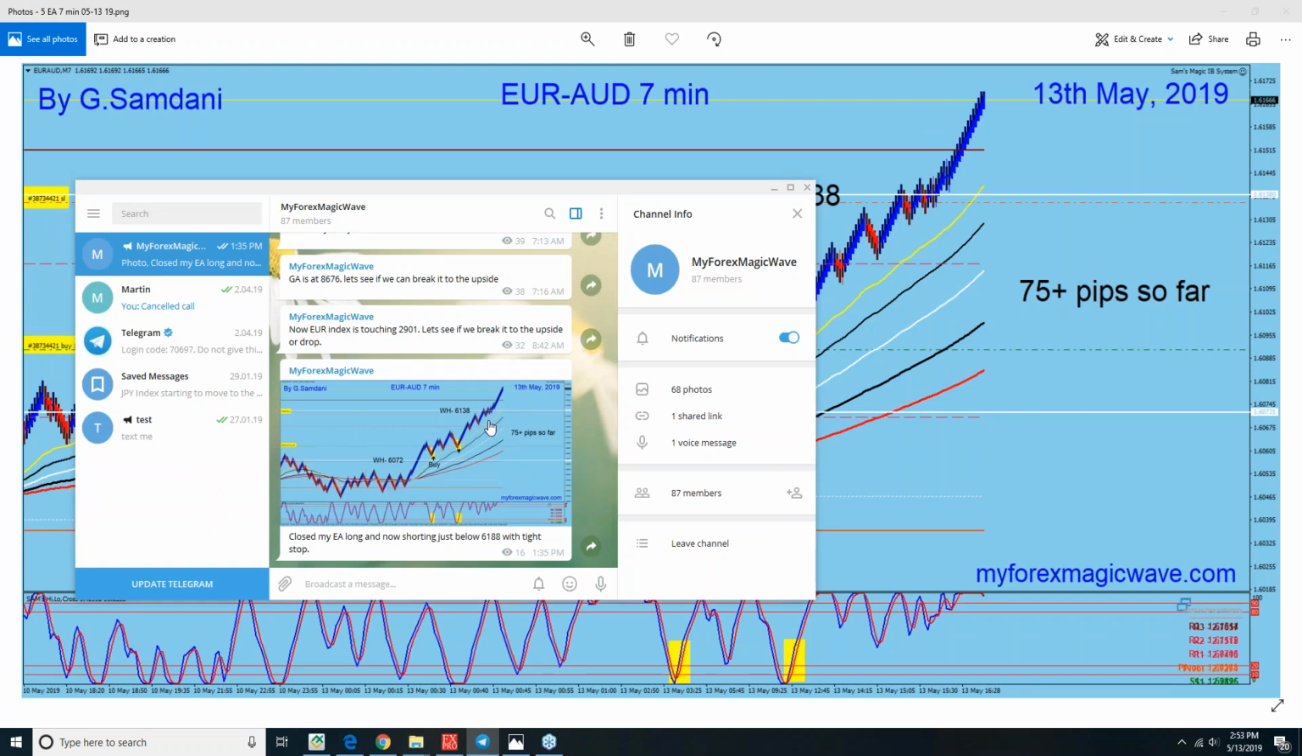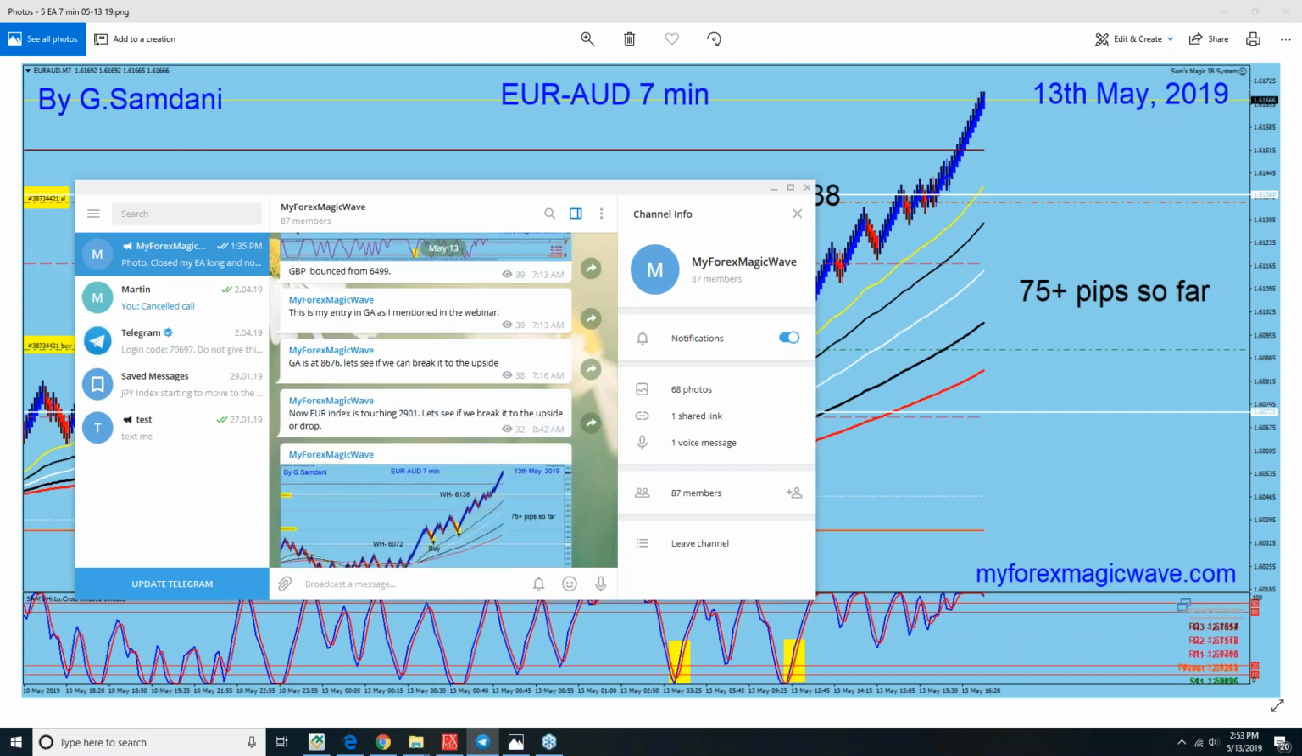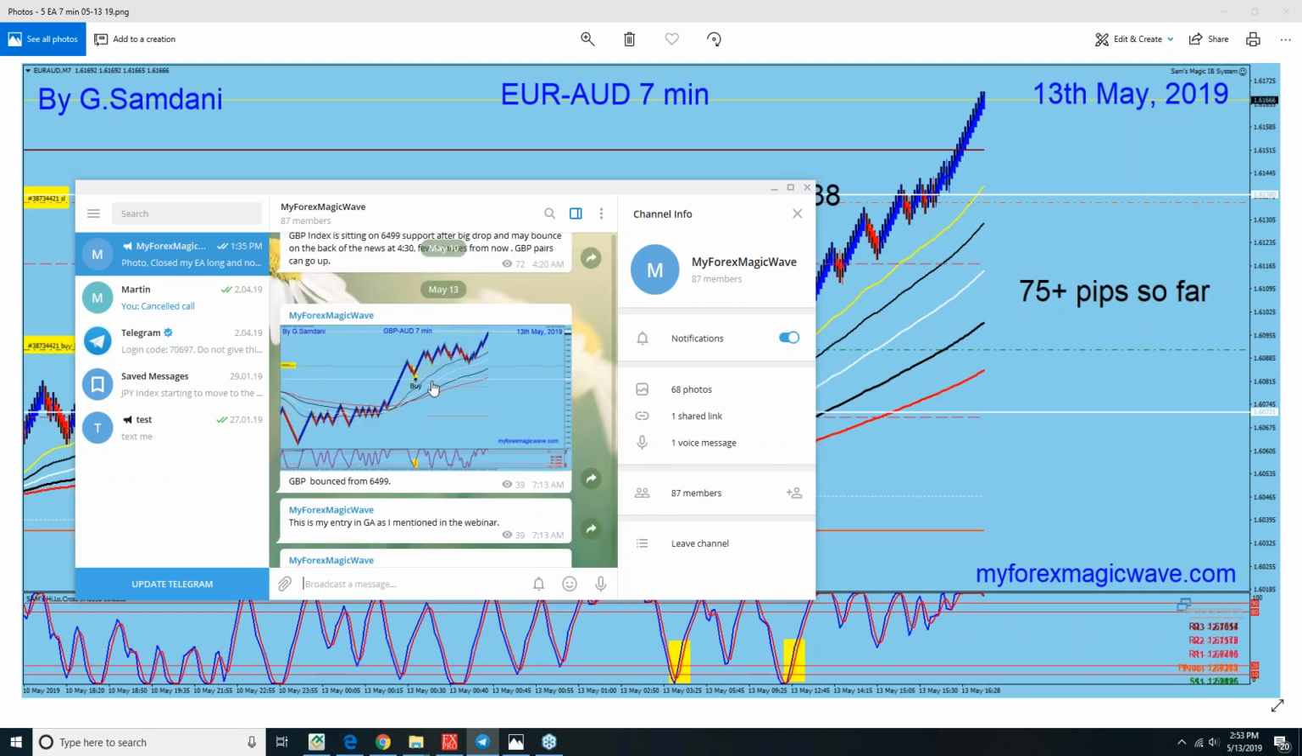You see here, this is the chart, and I said to close my EA long and shorting just below 61.88 with tight stop. And all before GA mentioned the webinar is my entry. This is the GA entry that I posted, right? So going long. So there was all long, and now I know that they went up pretty